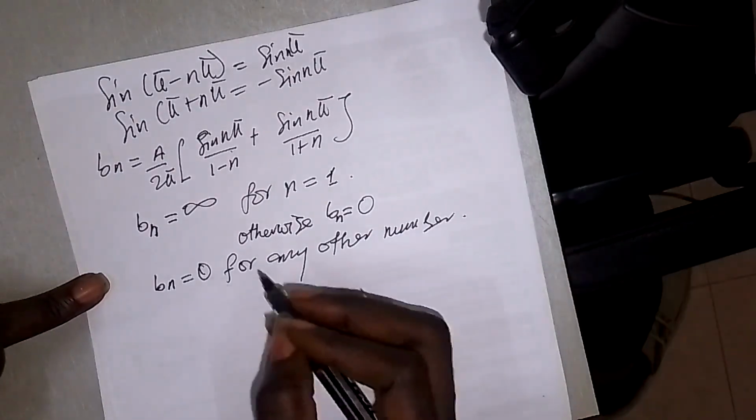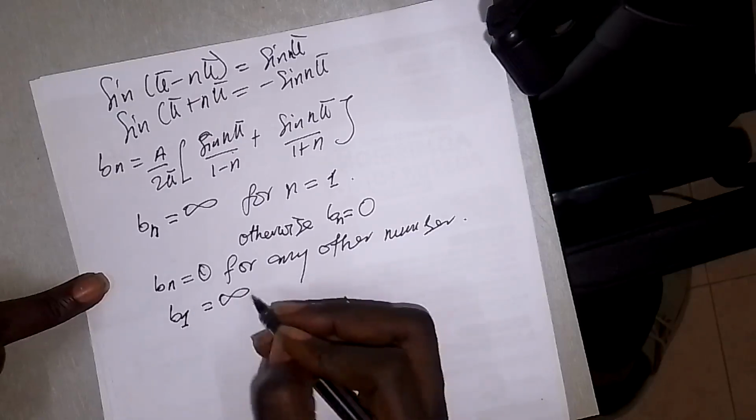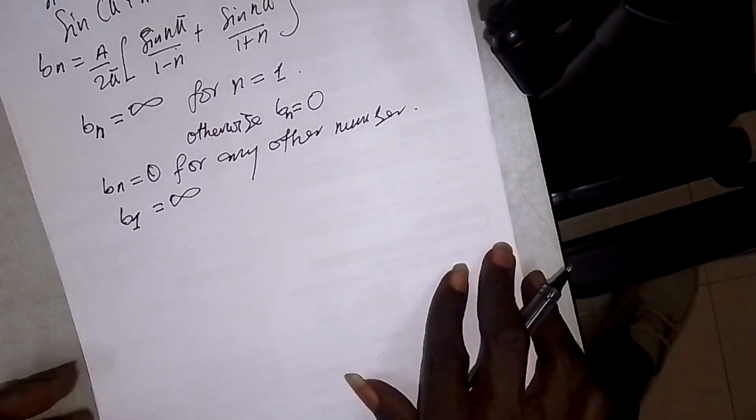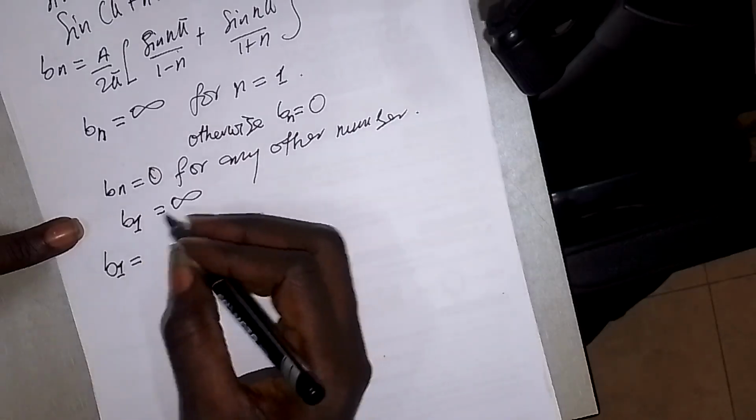So that means B1 equals infinity. Now, if B1 equals infinity, then we can get an equation for B1 alone. Since B1 alone is infinity, then I can say that B1 is equal to